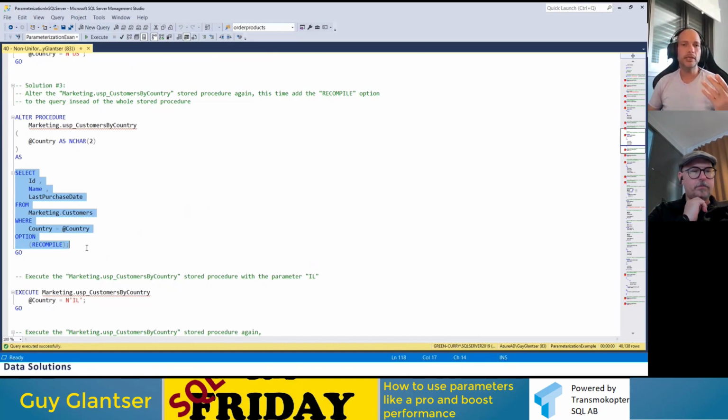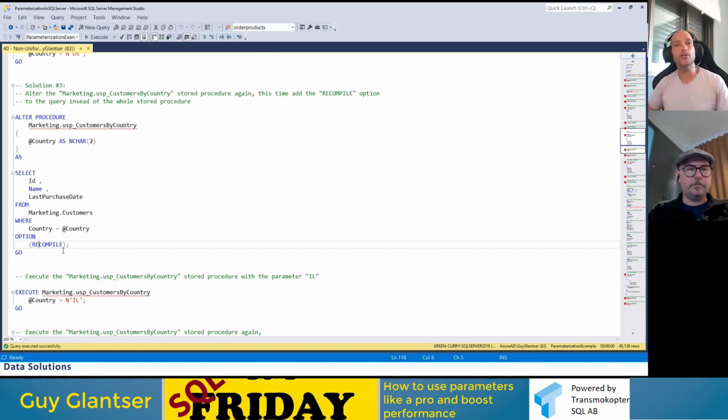Just as an example, there are many things that the optimizer knows during runtime, which improves plan generation and can optimize performance. So option recompile is really like magic words for me. You just add option recompile and it's like magic, okay? But the same thing I said before, the same disclaimer, be careful, okay? If you add option recompile to a query that runs many, many times per second, this is very, very dangerous. But if you are sure that this query runs just once in a while, this can be a great, great improvement by just adding these two words. That's it. Okay, so let me demonstrate.